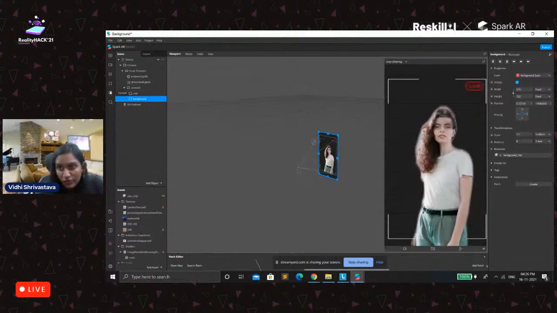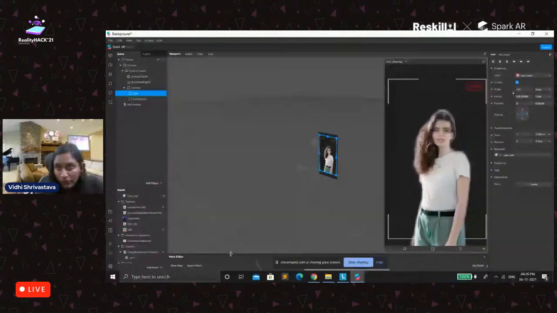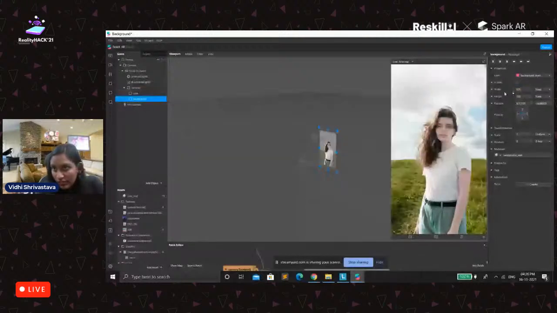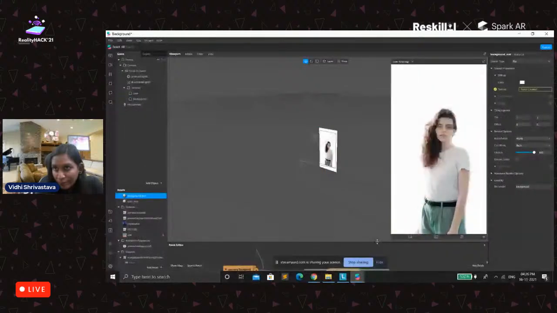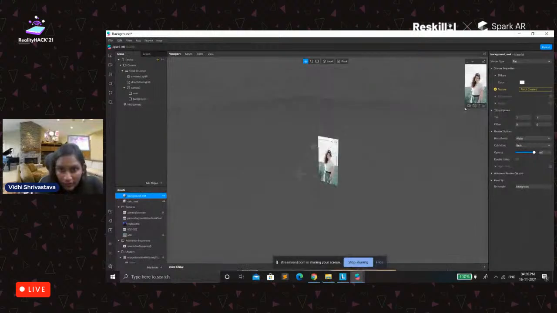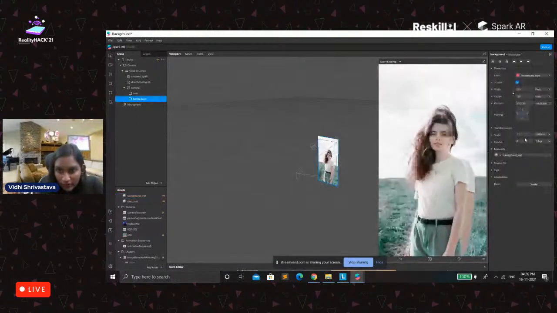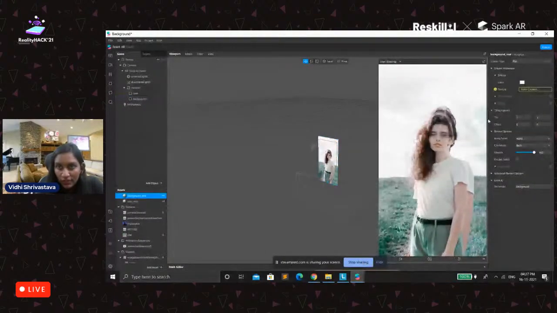But as of now, it's being applied to the user only. So if you want it to apply on the whole screen, what you could do is just disable this one, or go to this patch, remove this one, extract the background, and just click here. For the background also you will see how you will do it.